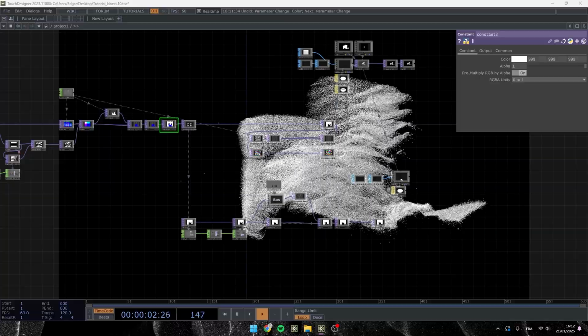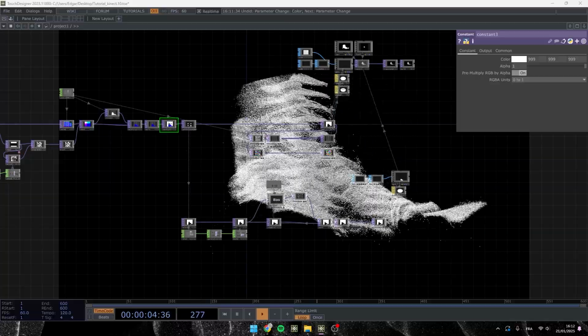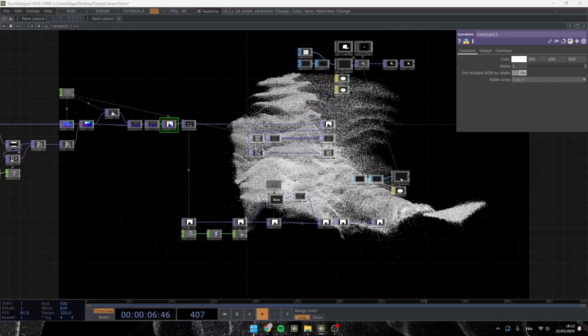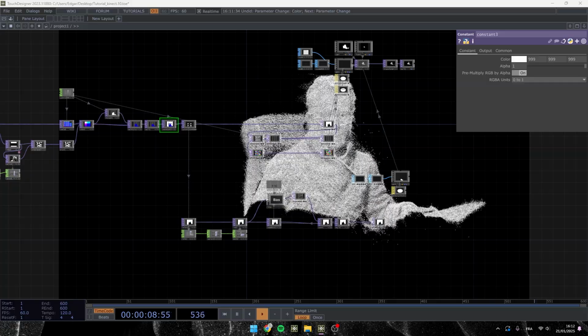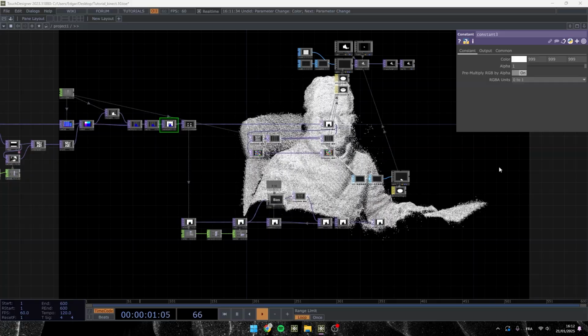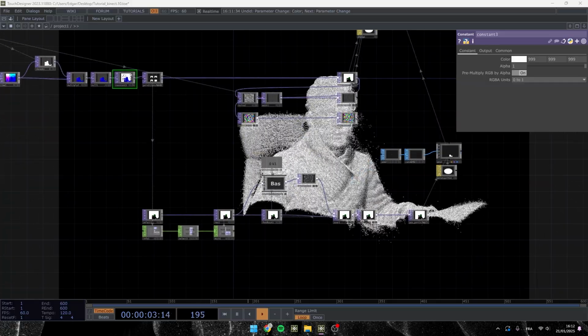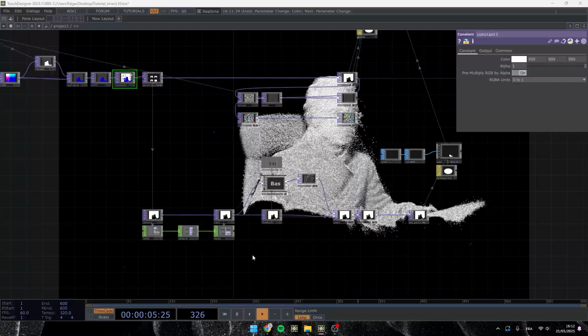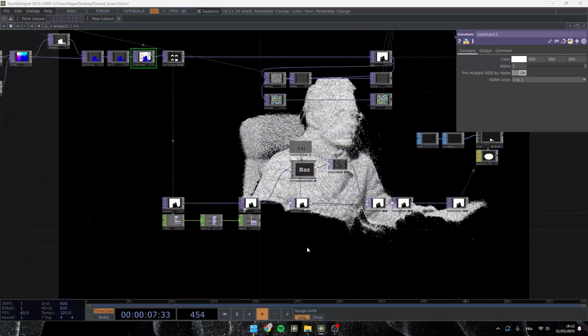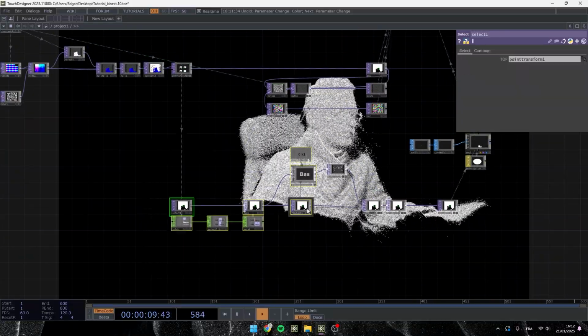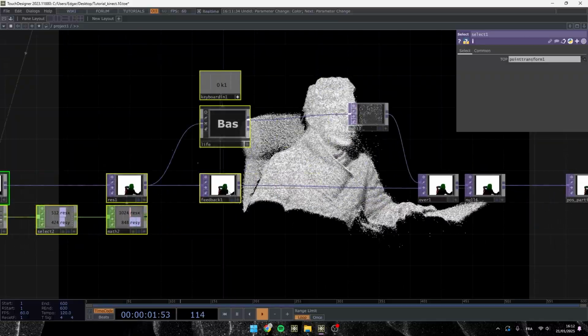So yeah, now when we are moving, we can see that some points are following our position, and I want these points to move in a certain way, but this is again up to you